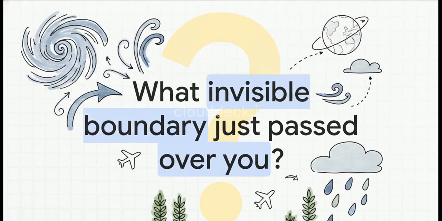Wow, okay, we have covered a tremendous amount of ground today, all the way from the micro forces of planetary spin to the colossal, continent-spanning storms that water our crops and delay our flights. Everything is connected in this massive, continuous physical struggle. So I'm going to leave you with this. The very next time you step outside and you feel a sudden, unexpected shift in the wind, or you feel the temperature suddenly drop, look up. Ask yourself, what invisible boundary just passed right over you? What epic act of the atmospheric theater is playing out right now?